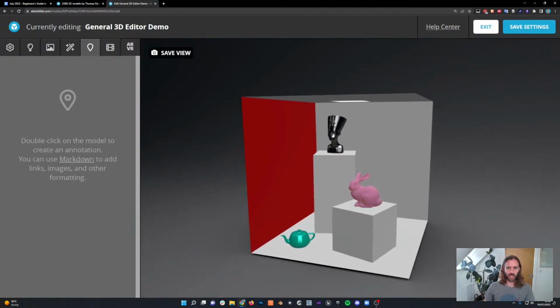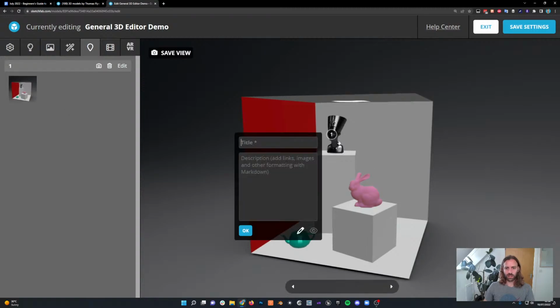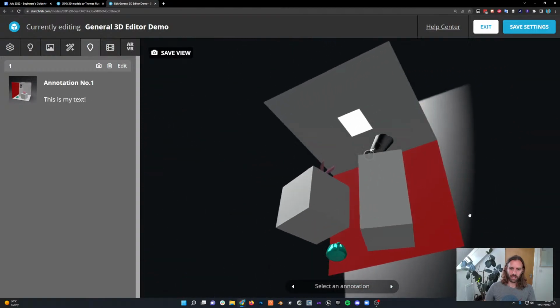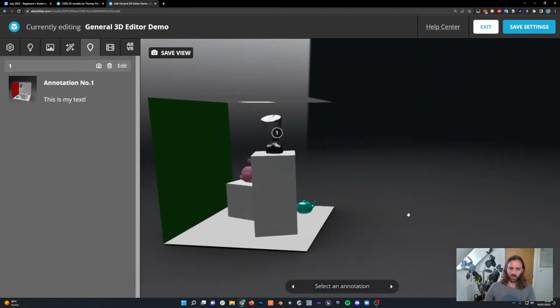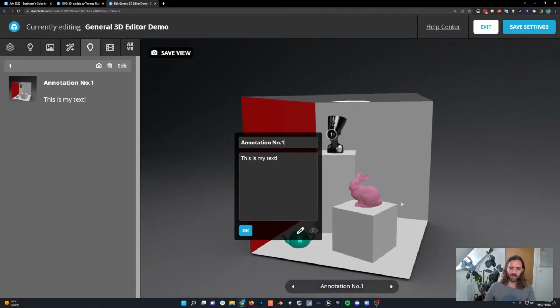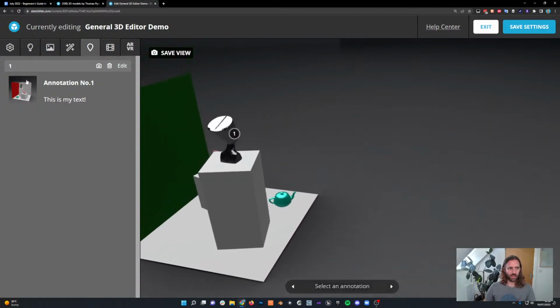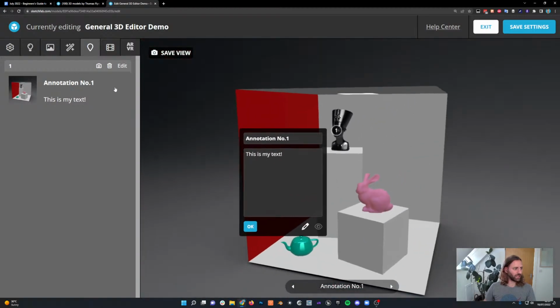Let's create an annotation. So when I double click, we get a little number. I just clicked on Nefertiti's nose. Annotation number 1. This is my text. And now if I rotate the camera, move the model, every time I click on that annotation, it's going to zoom back to the camera position that I chose. And because we're in edit mode, it will also let me edit the scene. But if I move my model, and then I just click the annotation box here,